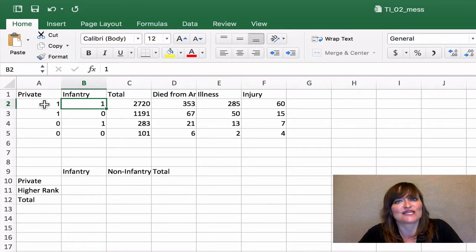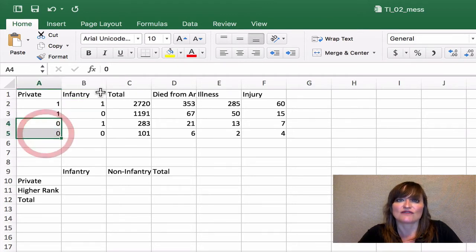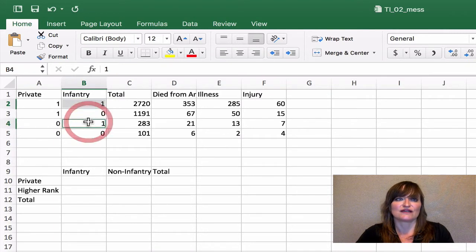And usually 1 means yes, 1 means positive, and 0 would mean negative. So this is written as private, so the 1s are yes, that is true, the 0s are that is not true. So these would be the privates, these would be the higher ranks. And then for the infantry, these would be the infantry, and these would be the non-infantry.